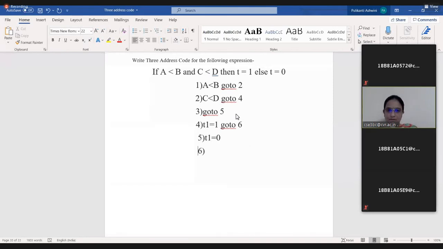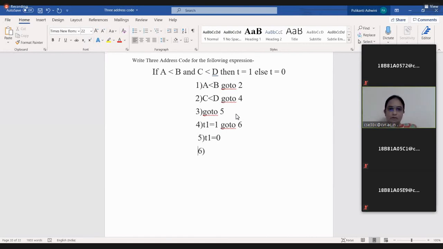If the condition is true, it should enter one particular label, and if the condition is false, that also we have to mention, right? If A is greater than B, it should go to the third step, right? Almost correct, but we have to check it.